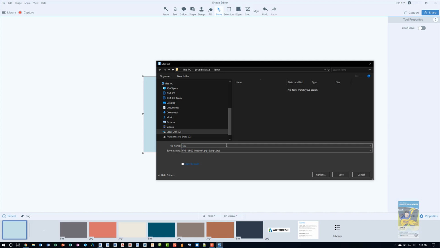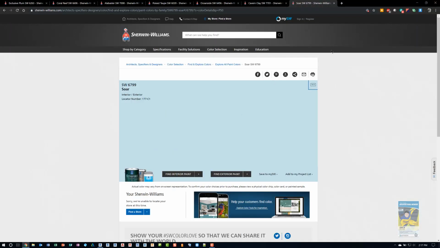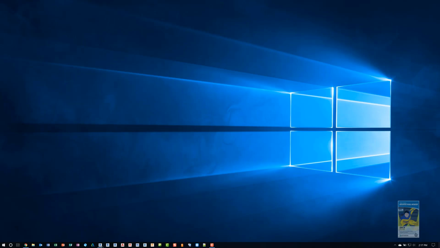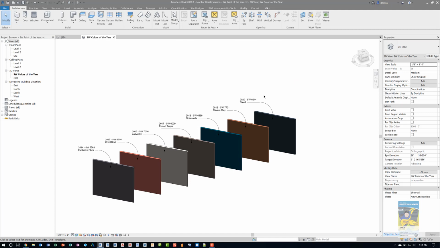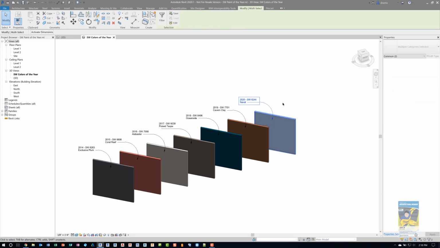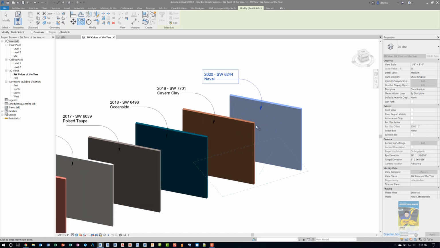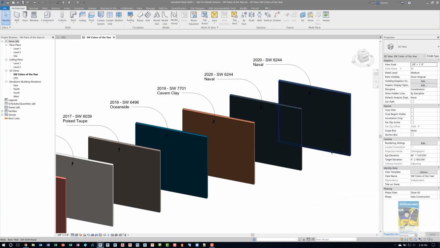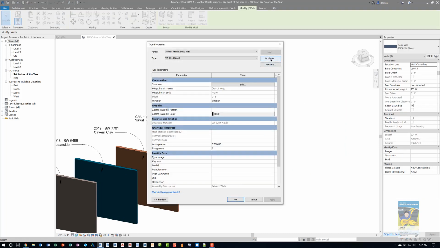And if I remember the color sequence, it is 6799 SOAR. Save. Now that that's saved, if we need to apply it to our Revit model, then what we want to do is pick a material that we can work with. So I'm going to take this, hold Control, grab this and copy it. I'll take this one and go to the type properties, and I'm going to duplicate it and call it